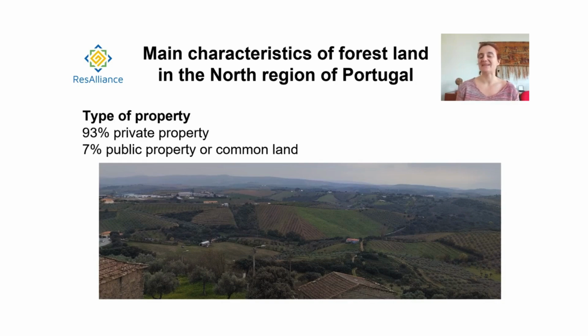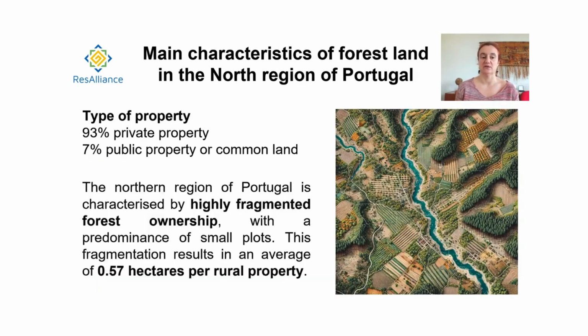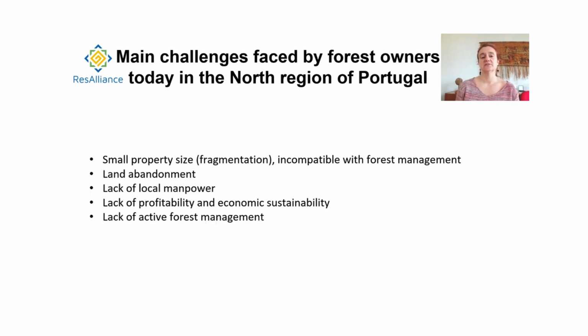The land is mainly privately owned, 93% privately owned, and the forest land is highly fragmented in a very diverse landscape where you have a mixture of forest land, silvopastoral land, agricultural land. So the landscape here is quite diverse, quite fragmented, and privately owned. These characteristics of the landscape of the forest areas are related with the main challenges that farmers